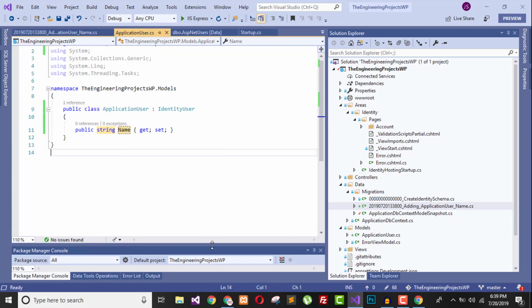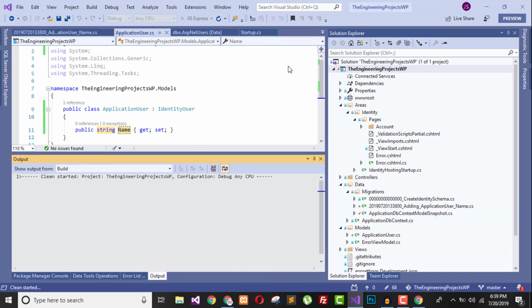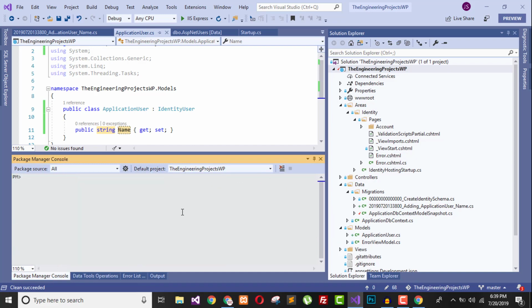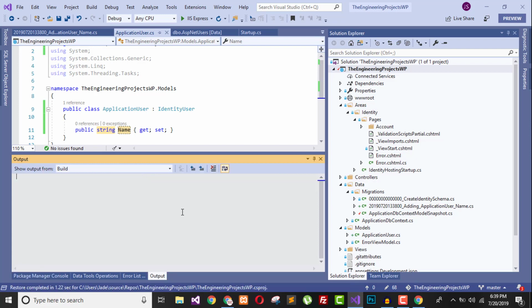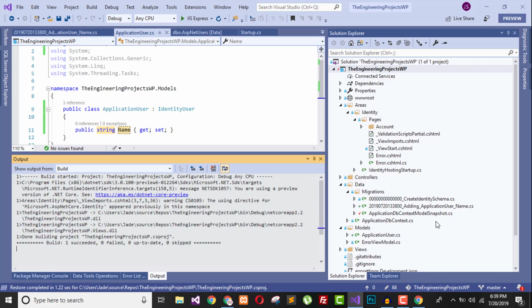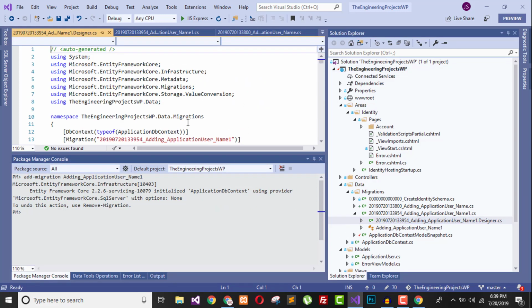Okay, let us clean this project. Remove this, add migration 1, and let's see what is generated here. Migration 1 is created, nothing is there,